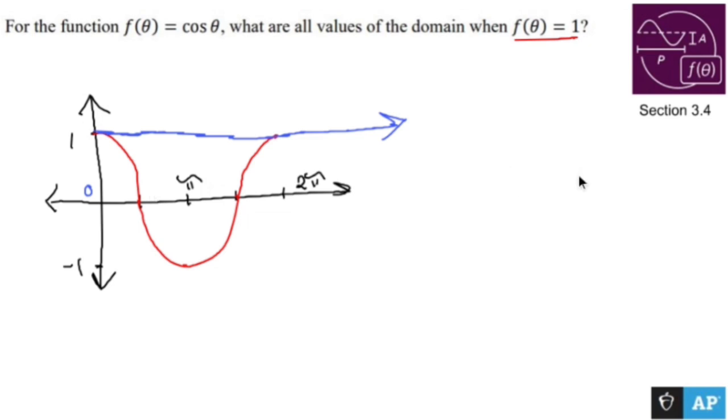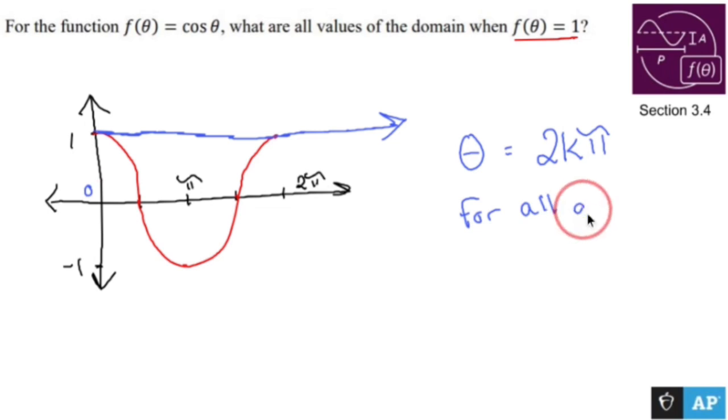Well, what I'll say is this is going to equal 1 when theta equals 2k pi. Now, what is k? K is all integers. Any integer for all k. Let me not use calculus language. I was going to use the integer thing. For all integers